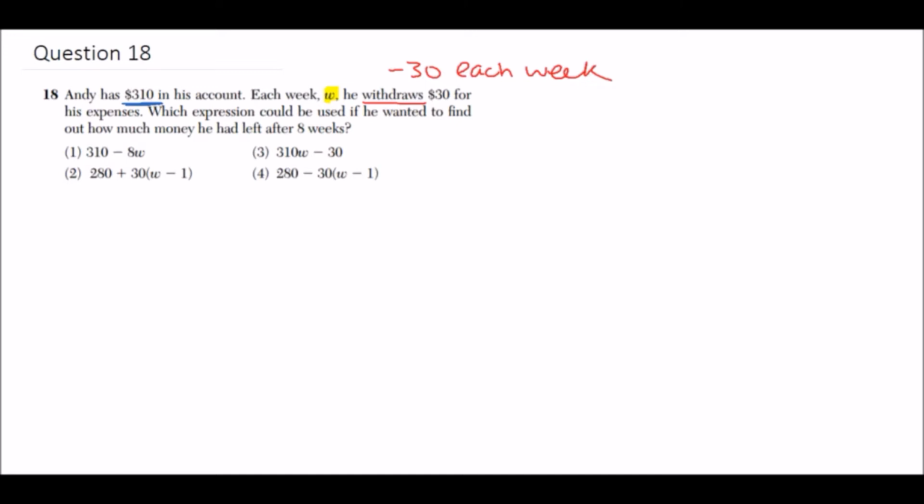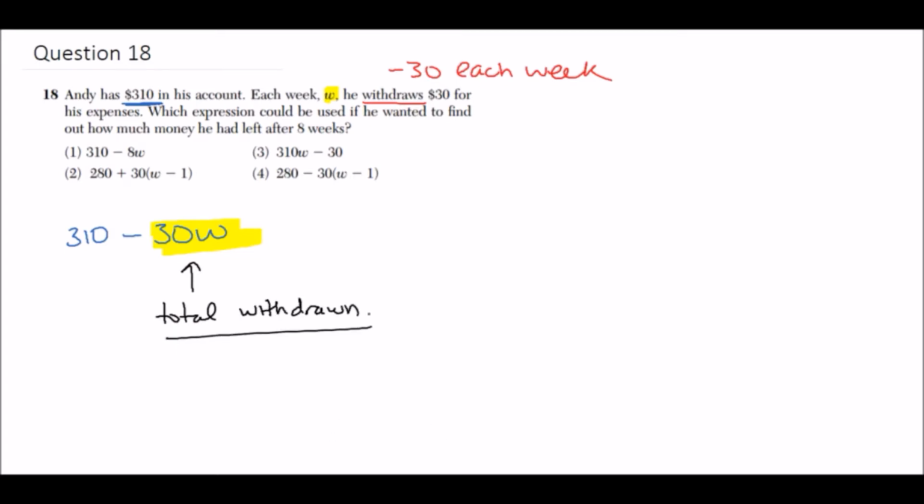Well, if we quickly recognize that we are taking $310 and subtracting 30 times W, where the 30 times W represents the total withdrawn,